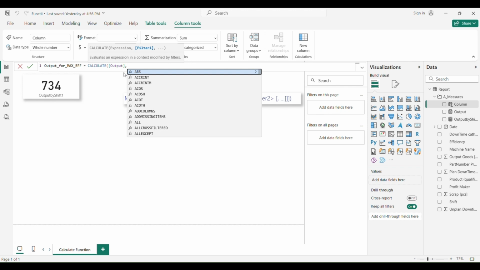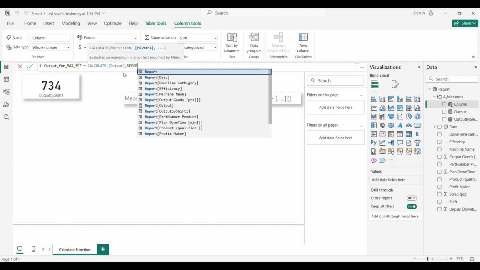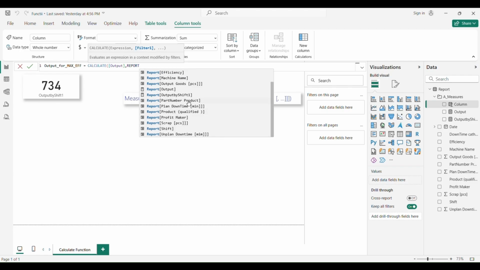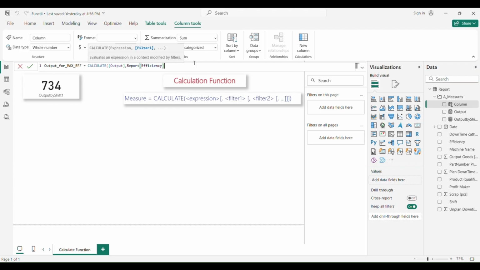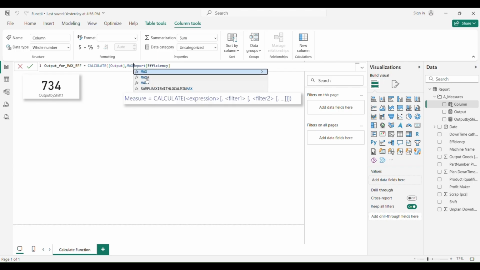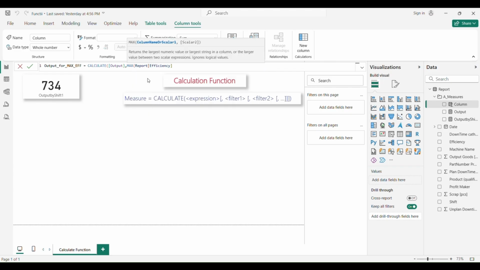So first of all, we need to put the column. So we have our report table name, which is here, and we go for efficiency. Let's see, where is it? Here. And I cannot write like this. If I want to get the maximum of it, I cannot write maximum because I will get an error.